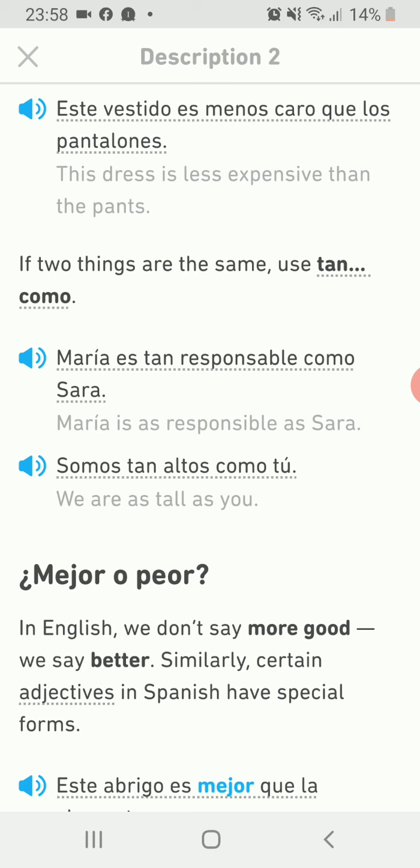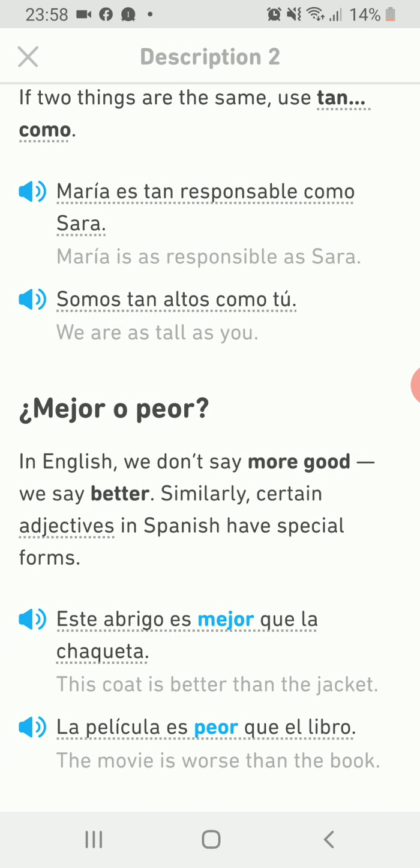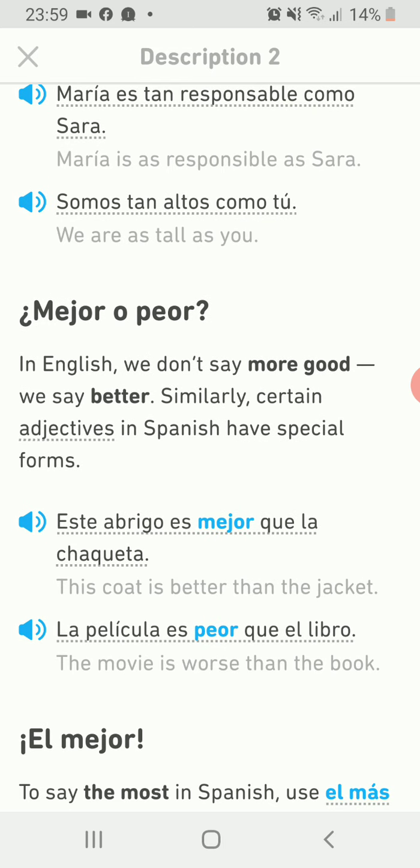Somos tan altos como tú. We are as tall as you. You see, here we have used again this conjunction, and mejor o peor. So this is also interesting. In English, you don't say more beautiful, more good. We say better, because it's